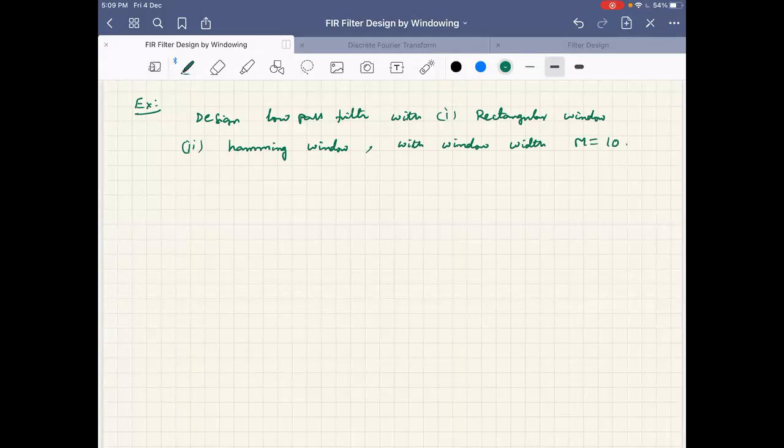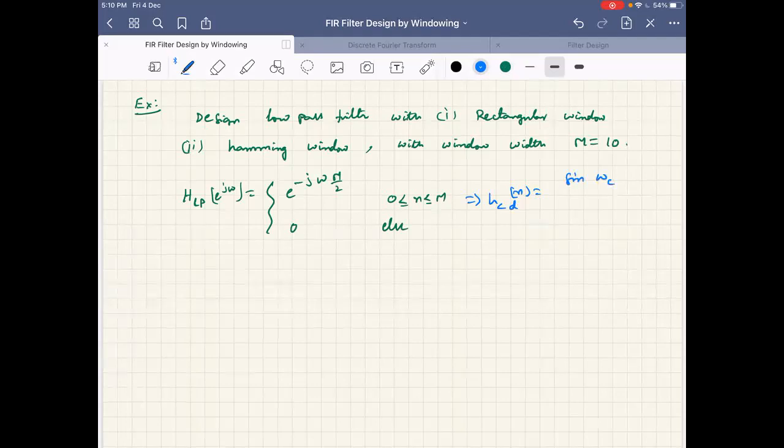So what do we mean? The causal low pass filter is given by e power j omega M by 2, for 0 less than or equal to n less than or equal to M, and 0 else. This is the causal low pass filter, and the corresponding h of n, hc of n, the desired causal response is